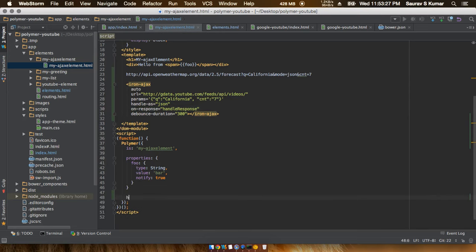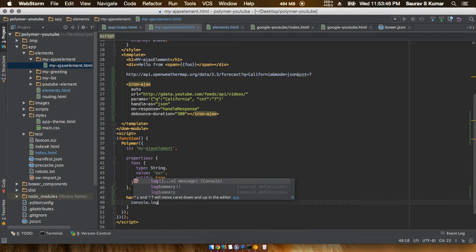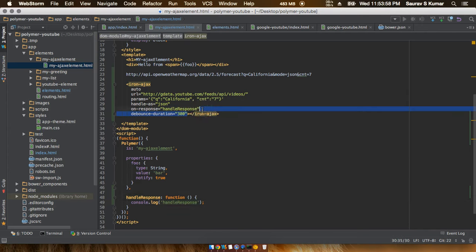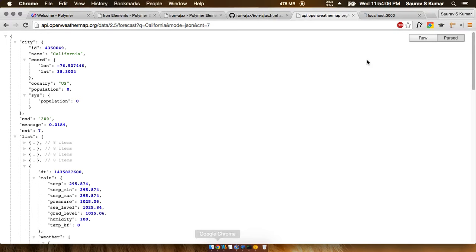So if we put in on-response out here, sorry, handle-response, and make this a function, and then do a console log, and just name it handle response, and we'll remove the last property for this time, and we'll go into all that later because that's a bit advanced stuff. Okay, so now if we go and refresh the browser, let's see what happens.